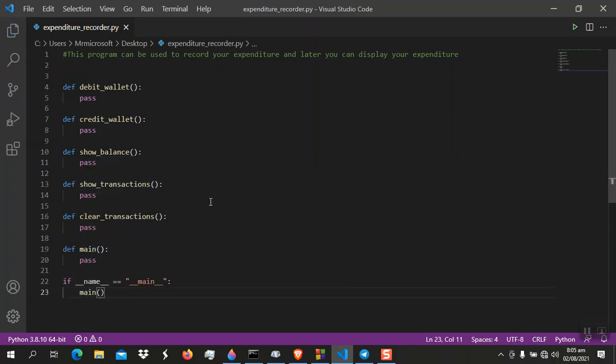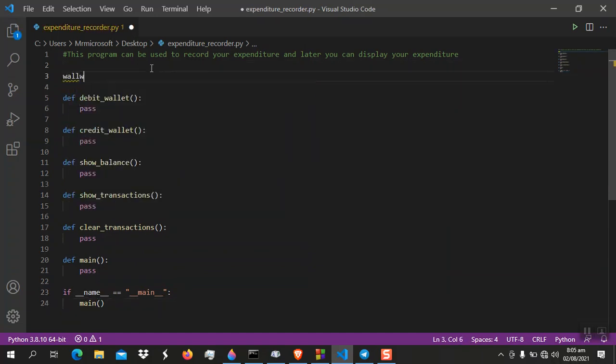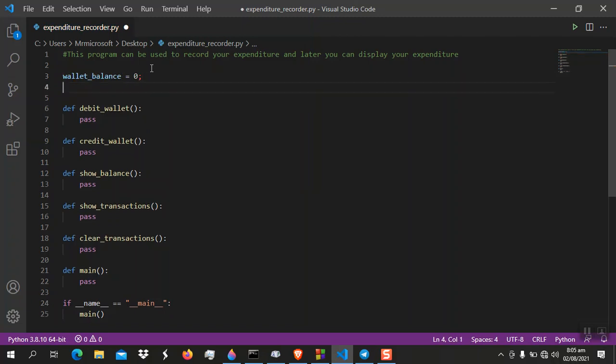So now here is what we do. Now we have our wallet. We're going to say wallet balance. Wallet balance should simply be a float. Initially it's zero, and we have what we call